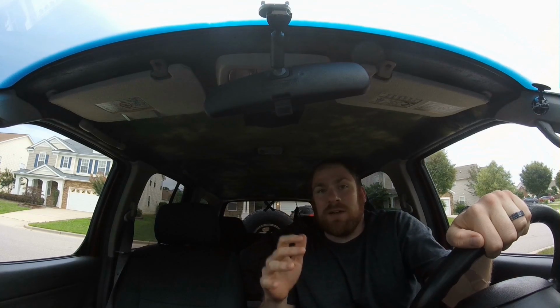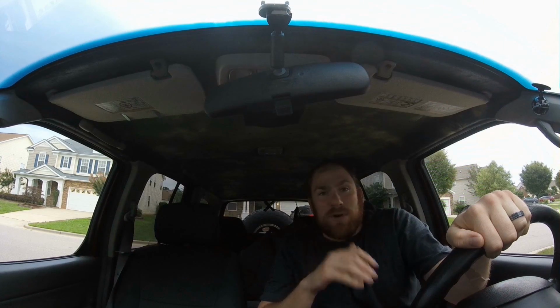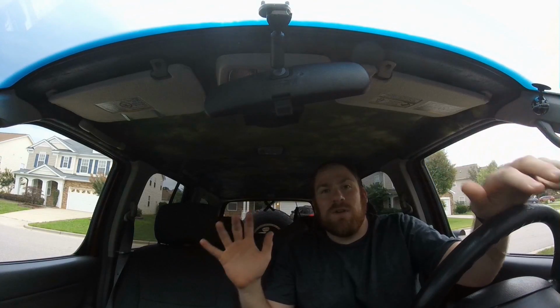have a saggy headliner. And I actually took my headliner out and reupholstered it, and it looked great, but I used the wrong 3M spray adhesive, and then it all fell down the first time I parked in a hot parking lot while I was at work for the day. So this is a spray paint kind of design supposed to mimic camouflage. Not a huge fan of it, but at least I have no worries of it ever falling on my head